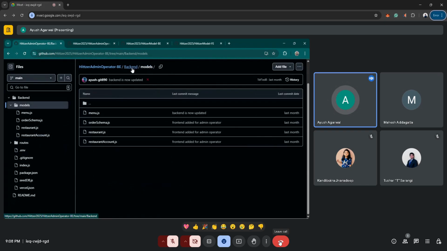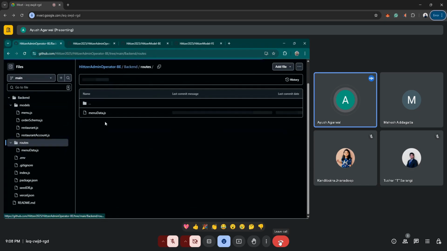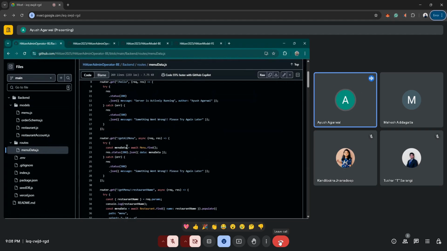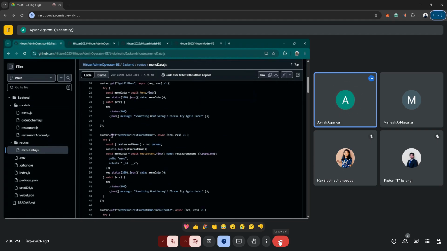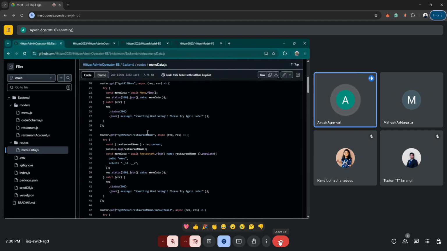So you can see the schema, and after that you come to the route section. In the route section you can set the APIs. This is a dummy route, like I said, to test out our backend, whether it is working or not. These are all the other routes. When you run the website, you can easily